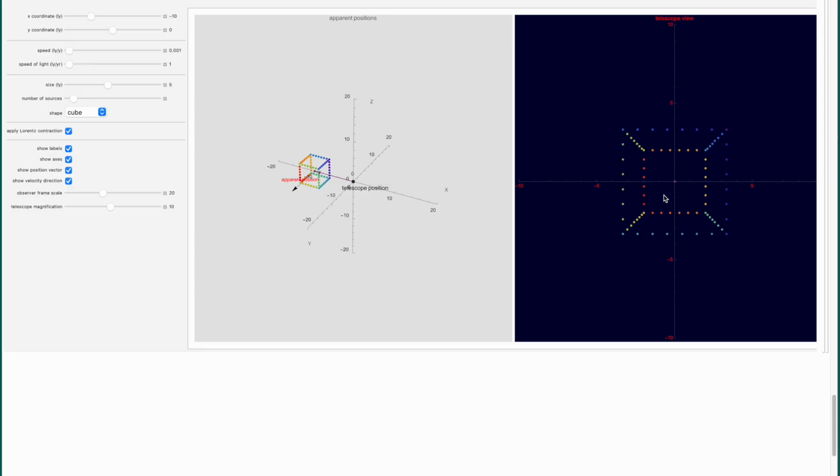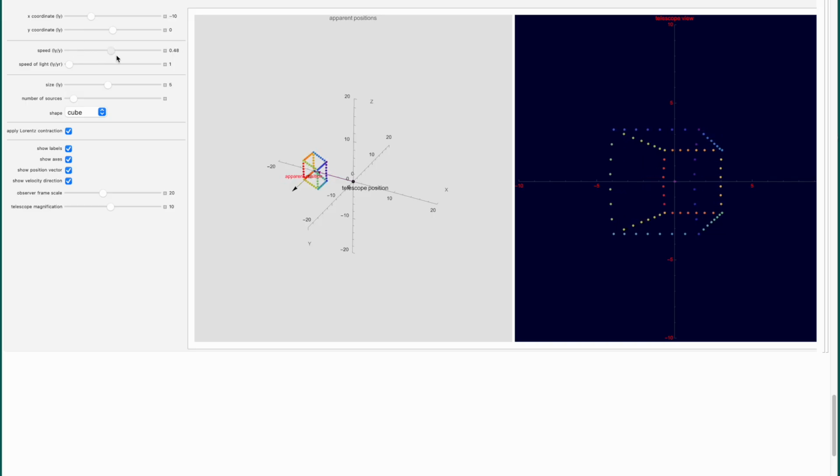So now let's play around with this a little bit. Right now, the speed is very small, 1/1000th the speed of light, okay? Actually, that is already an extremely high velocity by almost any standard. But yet, even at this very high velocity, there's no obvious distortion in the shape of this cube. Okay? So let's now increase this speed a little bit, and let's see what happens.